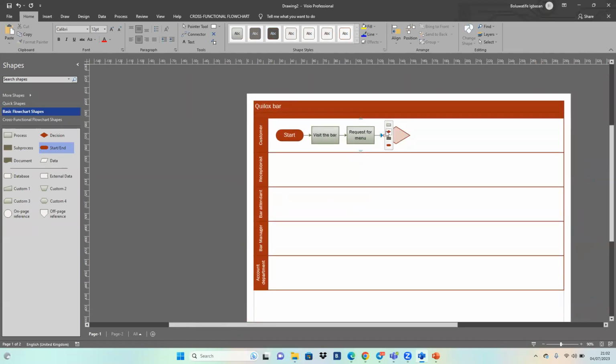I feel like they'll make a decision. Yeah, make a decision. They will decide to either order or not because it's still within their rights to either order or not. So when we are doing decisions, we use this shape and we have yes or no. Place order, and it always has a question mark. Place order, question mark. So we have 2 points. We have to do yes or no. So if it's a yes,